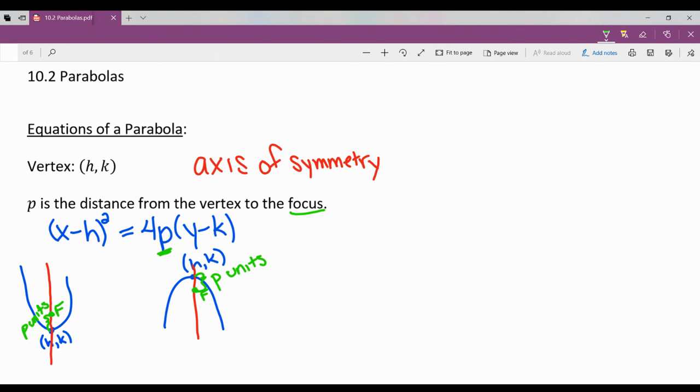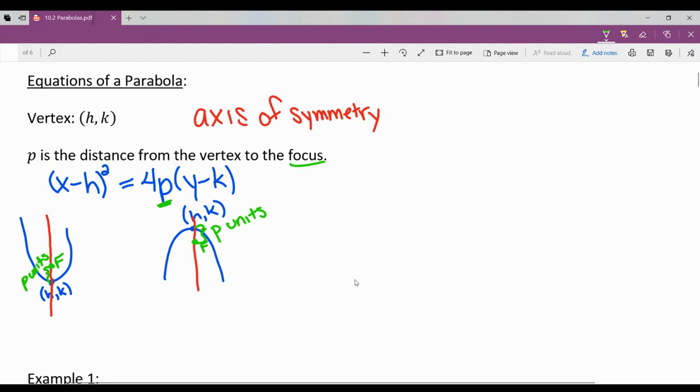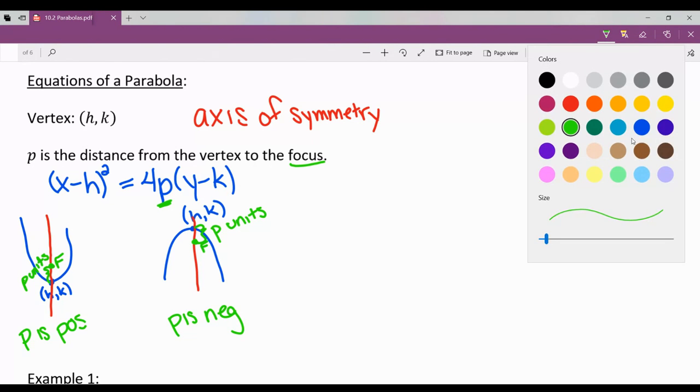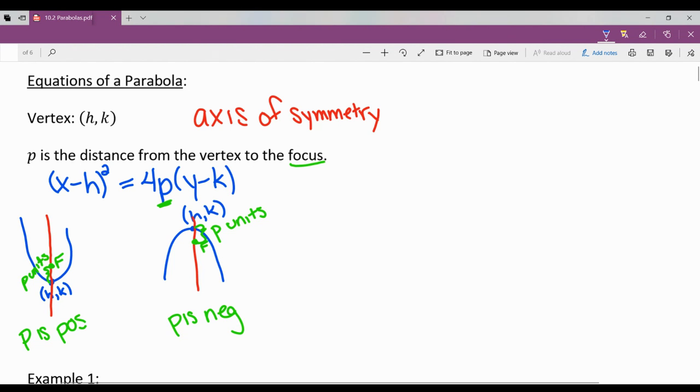Okay? So now just a little bit of an add-on. p is positive if the graph is opening up. p is negative if the graph is opening down. So you would go up p units or down. That's why it's negative p units away. All right. So then, keeping that in mind, we're going to look at a second equation,